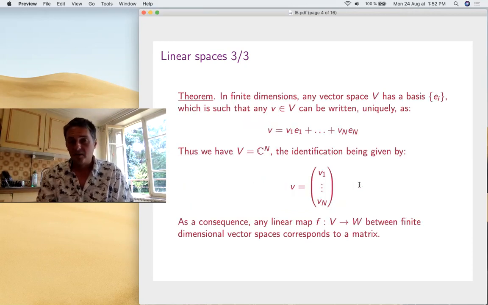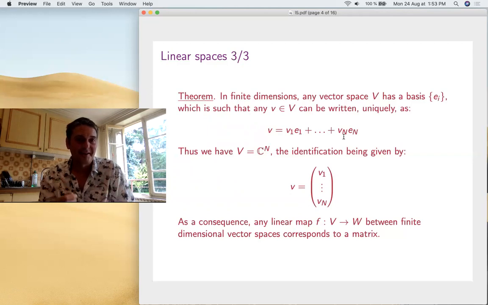Now, we're mostly interested in infinite dimensions because in finite dimension, everything is trivial. The idea is that any finite dimensional vector space has a basis, which means some vectors u1, ..., un such that any vector can be written as a combination of them. Once you have this, what's a vector v in your space? You must have a complex number v1, another one v2, and another one vn. So you need complex numbers as coordinates with respect to this basis.